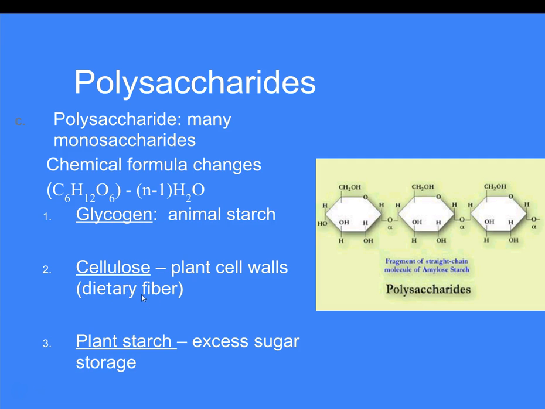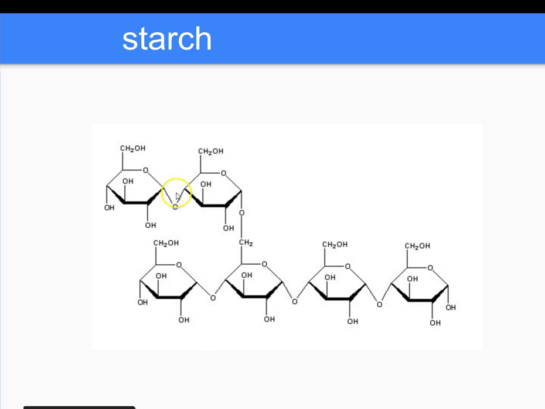And then the last one is plant starch. This is, again, a complex polysaccharide, which is made up of a lot of glucose molecules joined together. So for those of us that like eating breads and pastas and potatoes and different grains, you get loaded with lots and lots of plant starch, which are complex polysaccharides, which lots and lots of glucose molecules join together. So here's just an example of a complex starch molecule showing the linkage between each of these simple sugars to make this large complex chain.